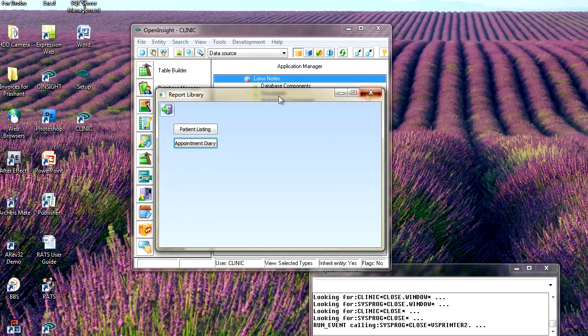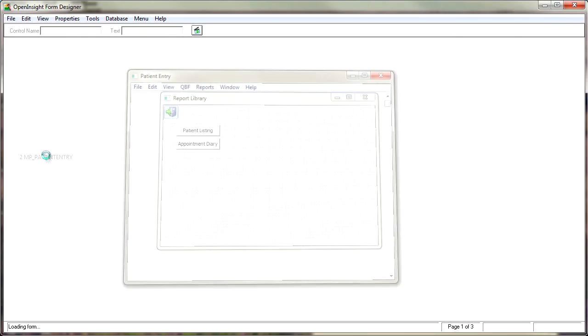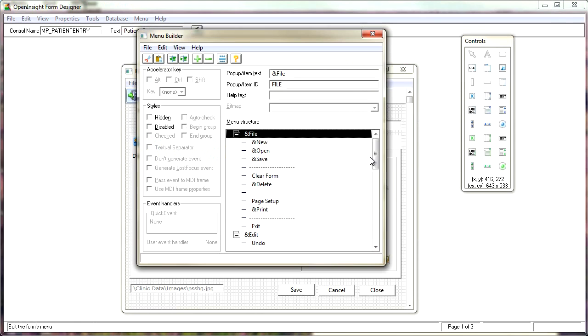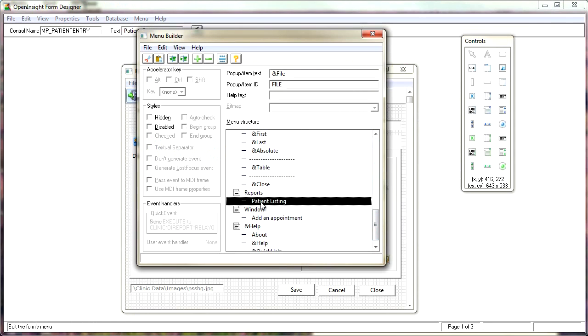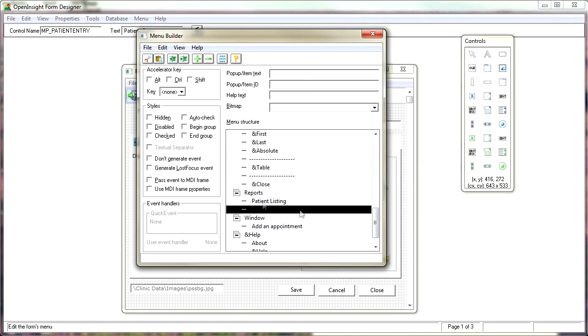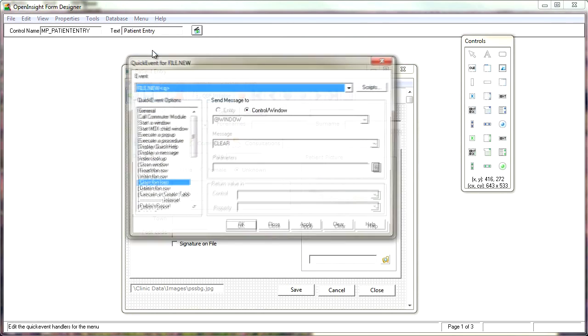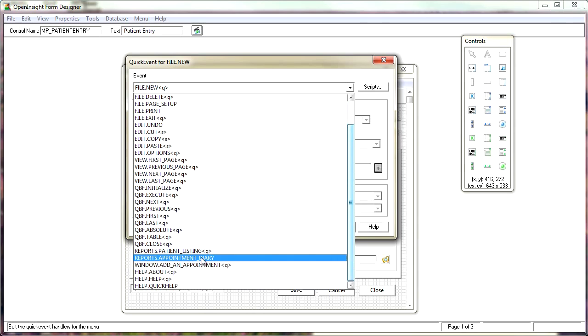And I guess that we also need to go into the patient entry window under our reports. So we're going to menu and design. We'll come down to where our reports are. We'll add another one in there, which is going to be the appointment diary, and just come out of there. Yep. And we'll go into the quick events and we'll locate that node in the menu, that one there,